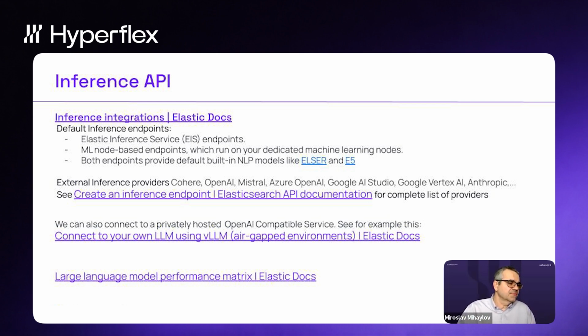So, inference integration. Elastic recently started providing the so-called EIS endpoints, Elastic Inference Service endpoints. And those are basically entry points for all the different models and GenAI providers. They also provide, to deploy in your cluster, the sparse embedding model ELSER, or the multilingual dense vector embedding E5. Those will come out of the box with Elastic. You just enable it, and no need to do any deployment. It's one-click deployment if you like. You have them by default.